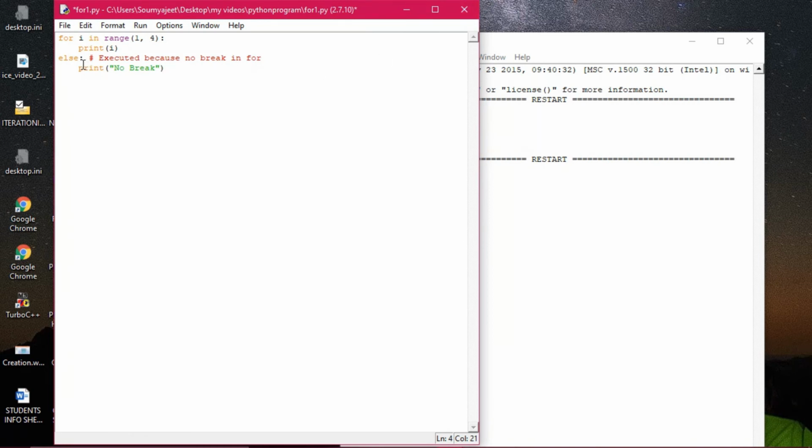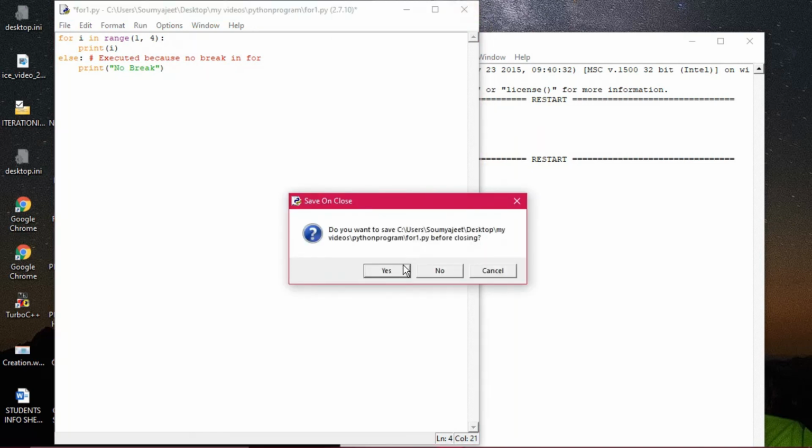So the else is optional, and always the control variable must be within the range of values. When it is going out of range, the condition becomes false, then you will be outside the loop. The control will be transferred to the next statement, which is immediately after the loop. And if you are giving any else, then it will be transferred to the else. And if else has not been given, in that case, it will be straight out of the program. So that is the explanation of the for loop.